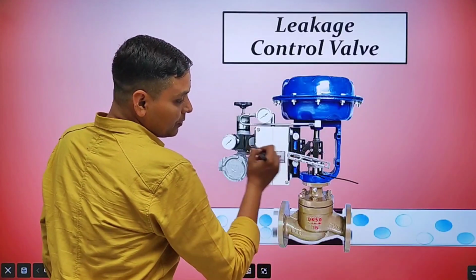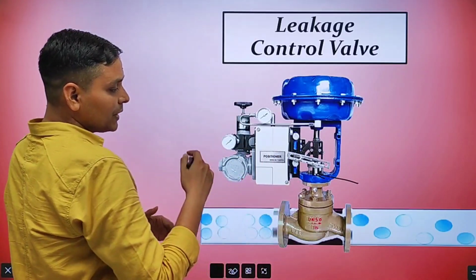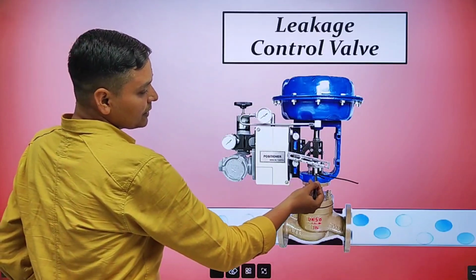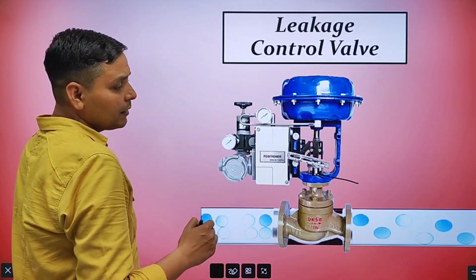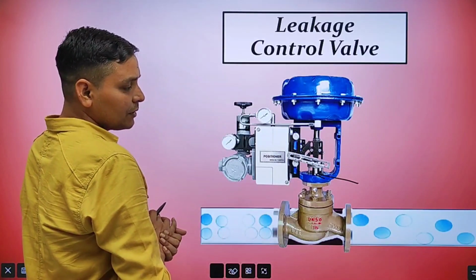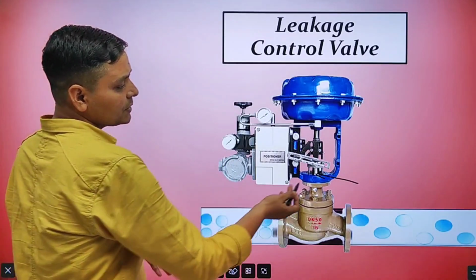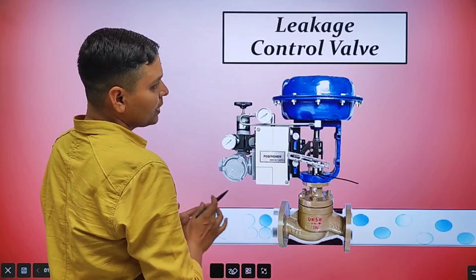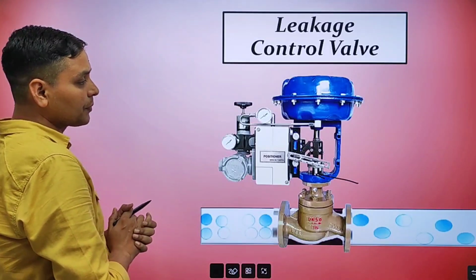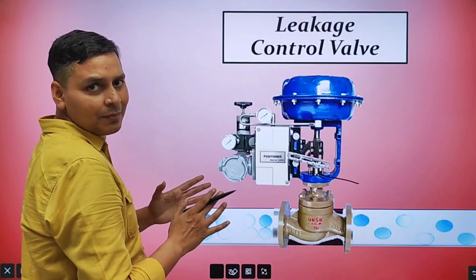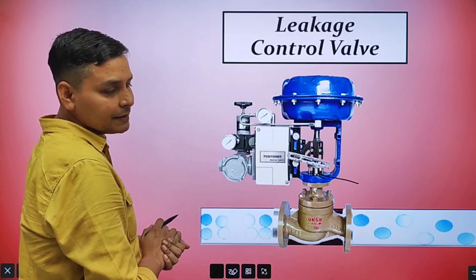Here you will find the gland packing. Sometimes control valve leakage from gland packing. So you can see that water is coming out from here if control valve is installed in the water line, and sometimes you will see that steam is coming out from here if control valve is installed in the steam line. So this is the one type of control valve leakage.